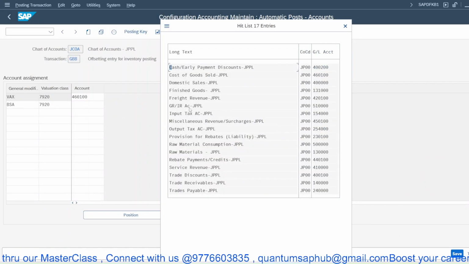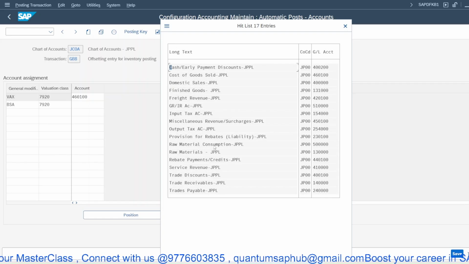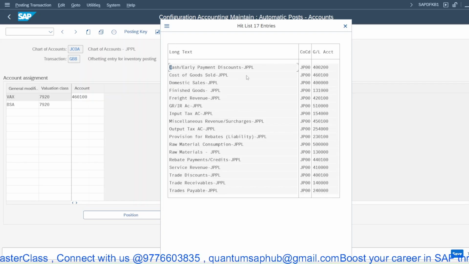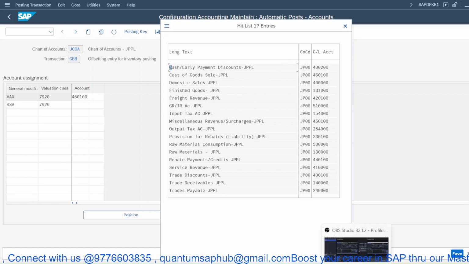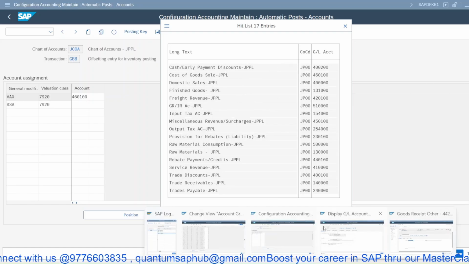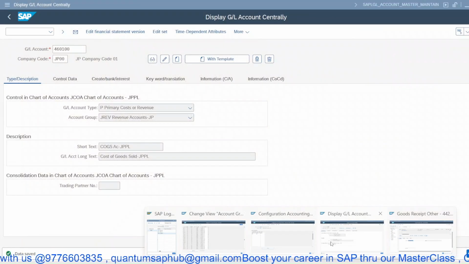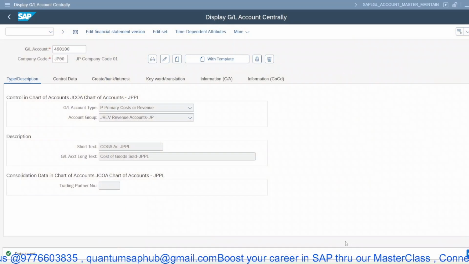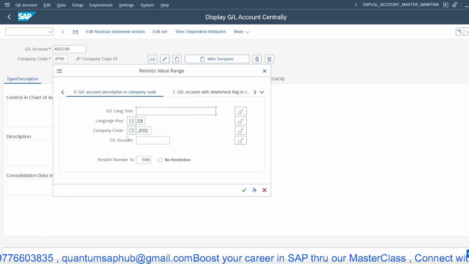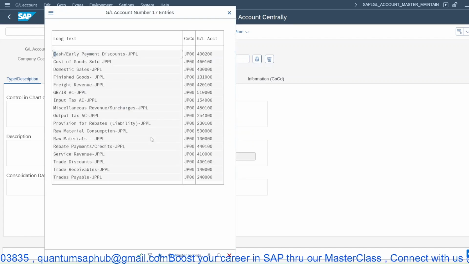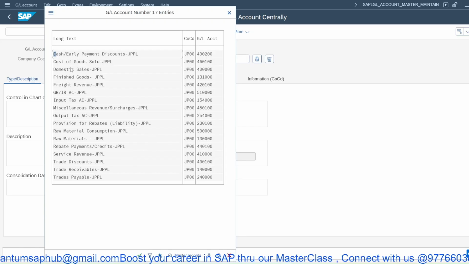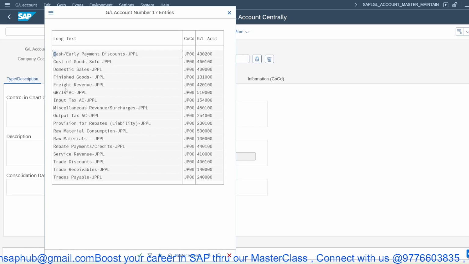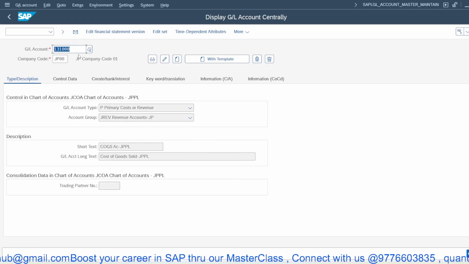So offsetting account is not there. So we'll do one thing, we'll create a different GL for stock offsetting. Okay, here finished goods,